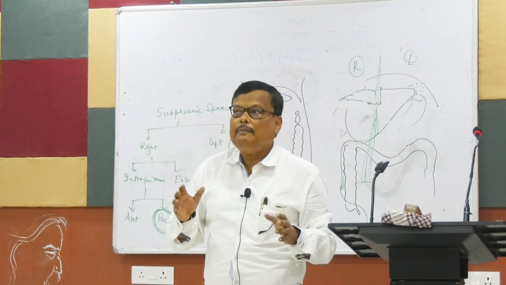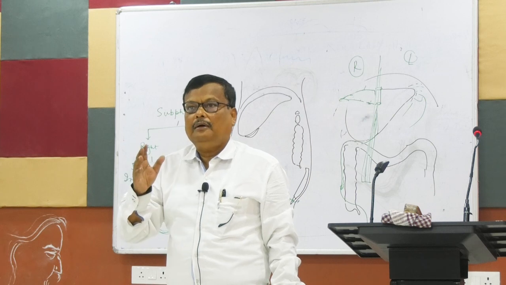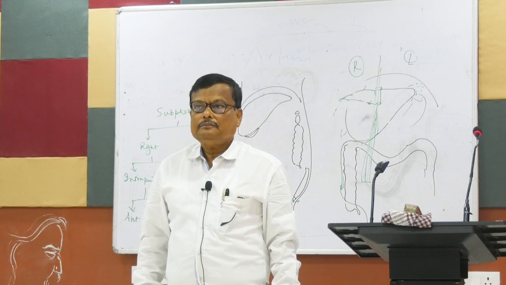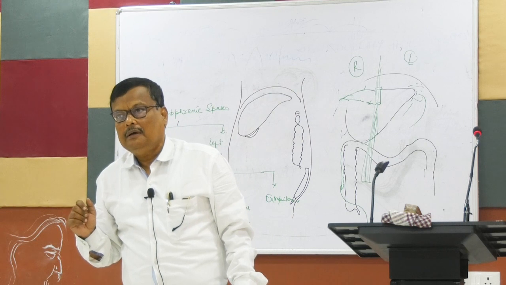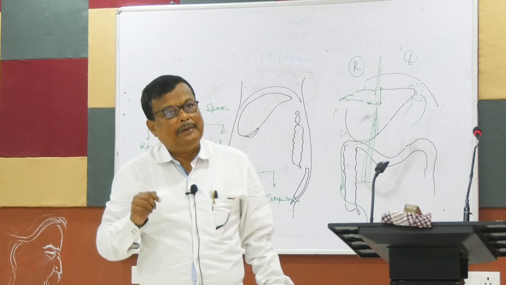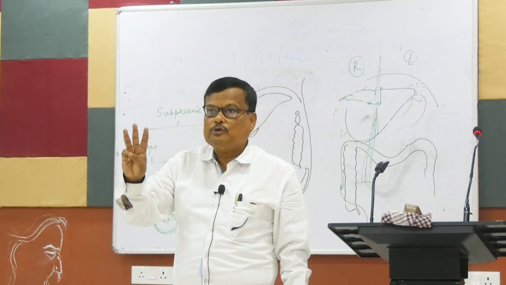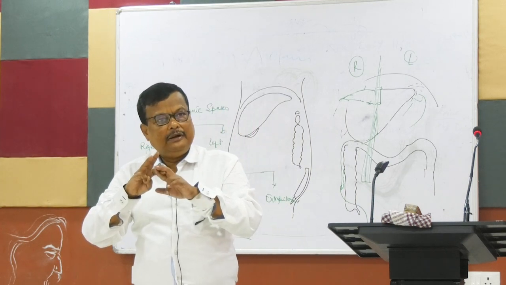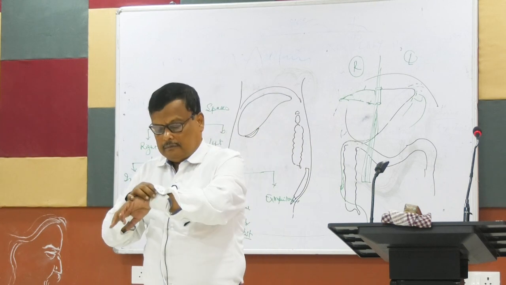তাহলে কি হলো, আমরা কি শিখলাম? Hepatorenal pouch is the most dependent part in the supine posture. Similarly, in standing posture, in case of a male, rectovesical pouch is the most dependent part, and in female, rectouterine pouch of Douglas is the most dependent part. এই তিনটে জিনিস মনে থাকবে। In supine posture, both in male and female, hepatorenal pouch of Morrison is the dependent part. In standing posture or in sitting posture,